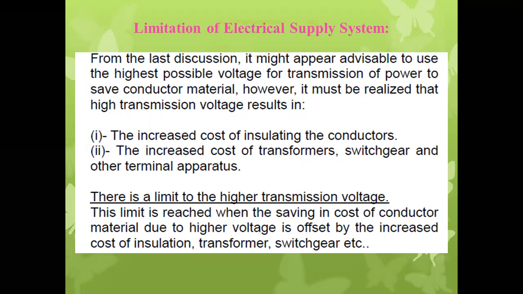From the last discussion, it might appear advisable to use the highest possible voltage for the transmission of power to save the conductor material required. However, it must be realized that high transmission voltage results in... So at the first lecture of this unit, we have seen the various advantages of the AC supply system with a high voltage, that is, the advantages of transmitting electrical power at a high voltage level. We have seen increased transmission efficiency,